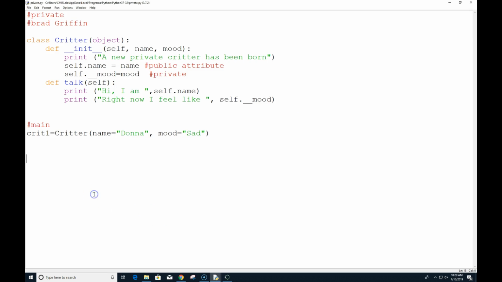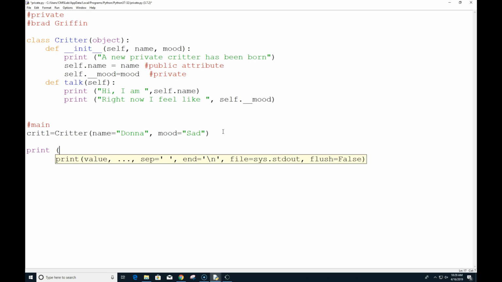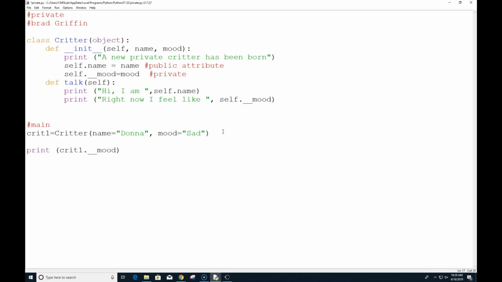All right, well, let's try to access that and see what happens when we actually try to access that. So we're going to print crit1, yep, and we're going to try dot underscore mood and see what happens.